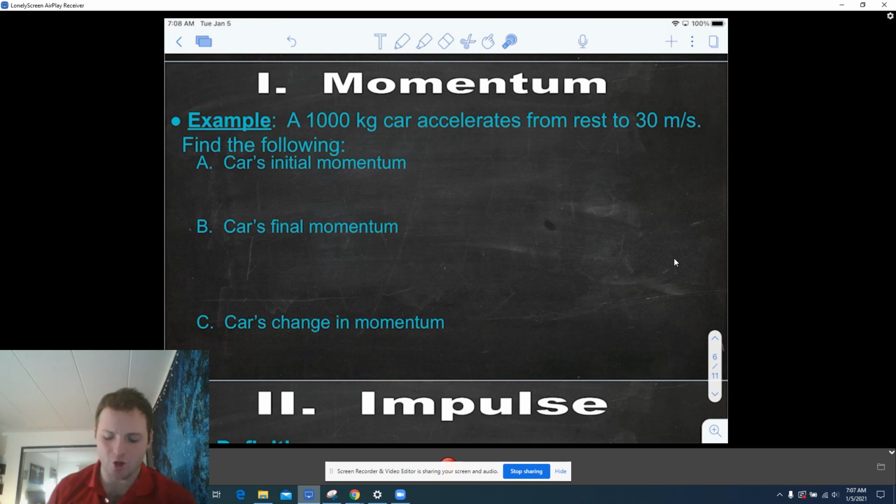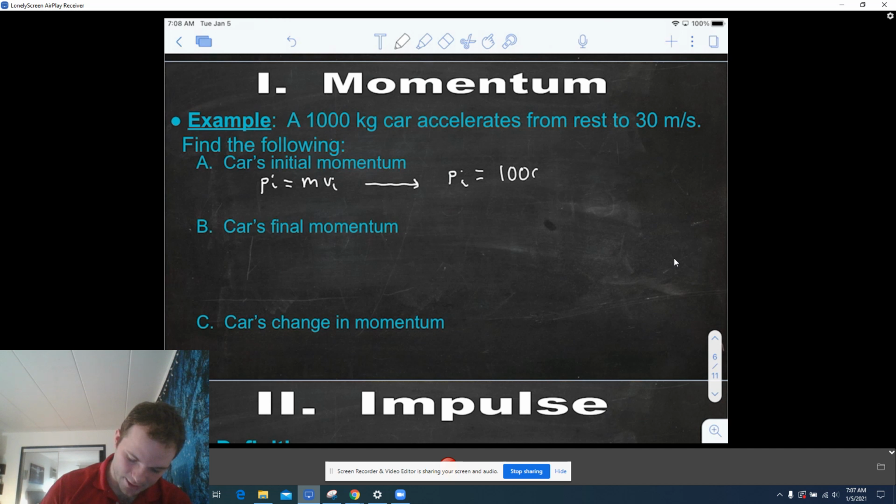So for initial momentum, I'm going to use some subscripts here. We have P_I for initial. We did that with velocity a little bit last time. P_I equals m times v_I. So the initial momentum, if I keep drawing rho, this is the symbol for density, by the way, we'll get to that later. All right, P_I is equal to the mass, which is 1,000, times